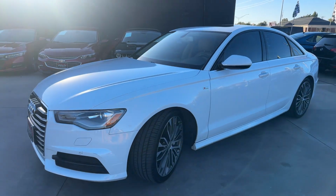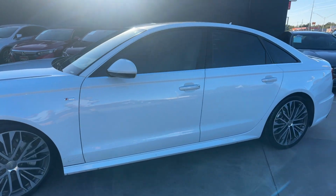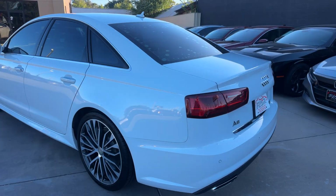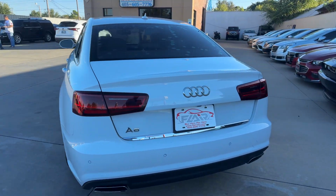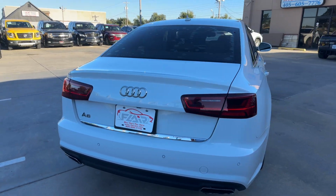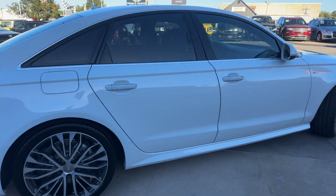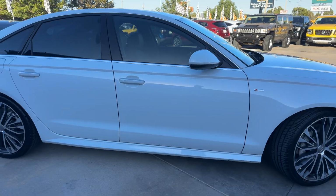Just wanted to do a quick startup of our 2018 Audi A6. This one came in with 112,000 miles, and it has a green title. This one's equipped with a 2-liter turbocharged engine, front-wheel drive, and it also has an upgraded S-Line package, which essentially